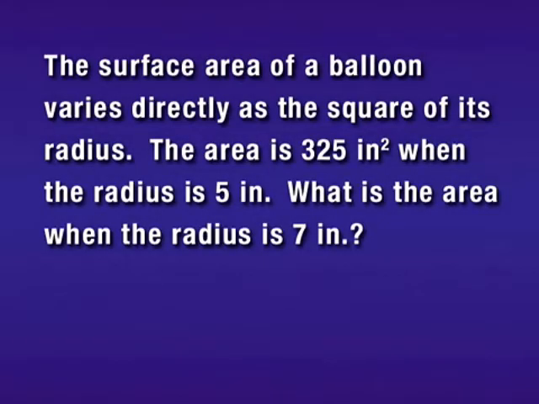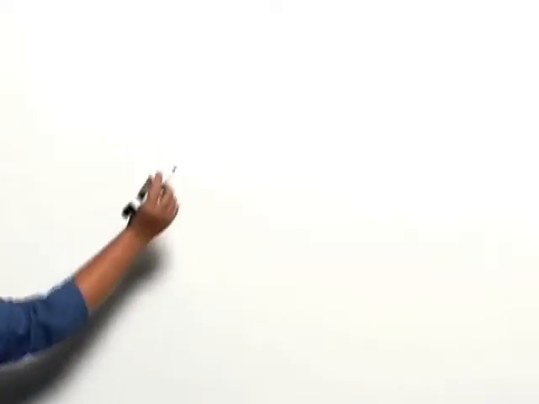The surface area of a balloon varies directly as the square of its radius. The area is 325 square inches when the radius is 5 inches. What is the area when the radius is 7 inches? When we're told that the surface area of a balloon varies directly as its radius, or the square of its